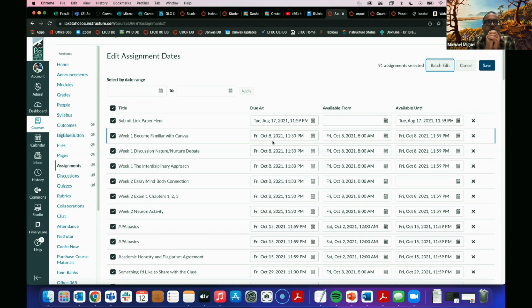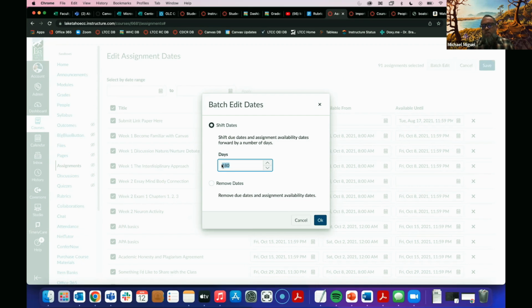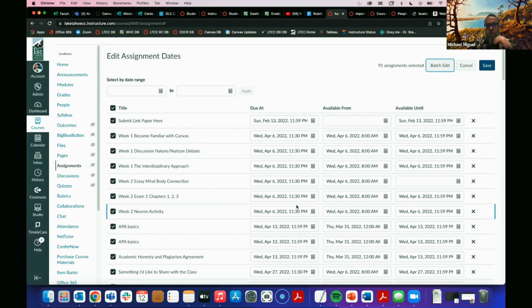So basically what I'm saying here is, let's say that your first assignment was due April 12th the last time you taught it, and you want it to be due June 28th. Basically, you just have to do the math between April 12th and June 28th one time. Then you'll click that batch edit, put however many days that math equaled out to, click OK, and it will change all your assignments for you. So that's an easy way. That's the easiest way to edit all assignment dates in a course when you do import that content.